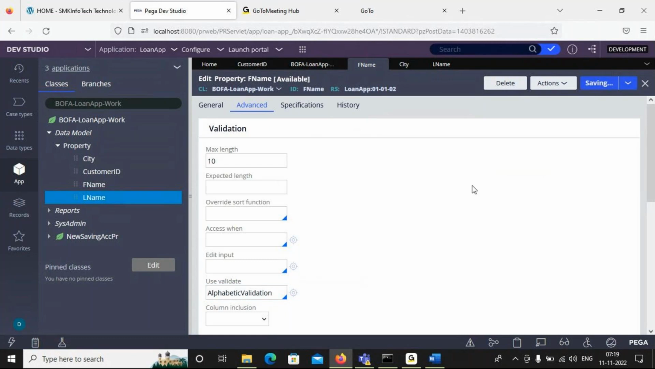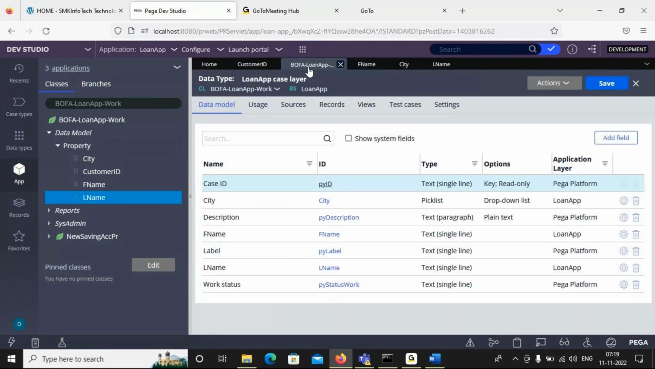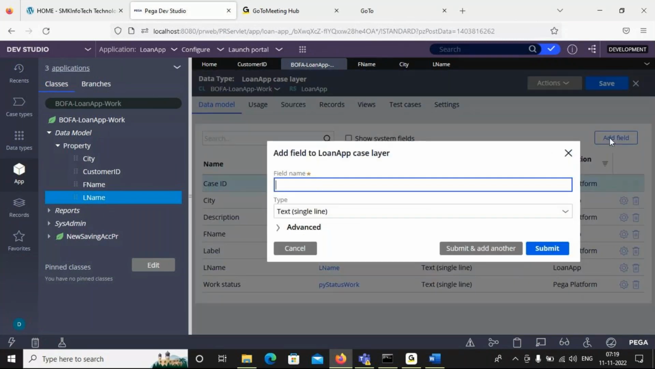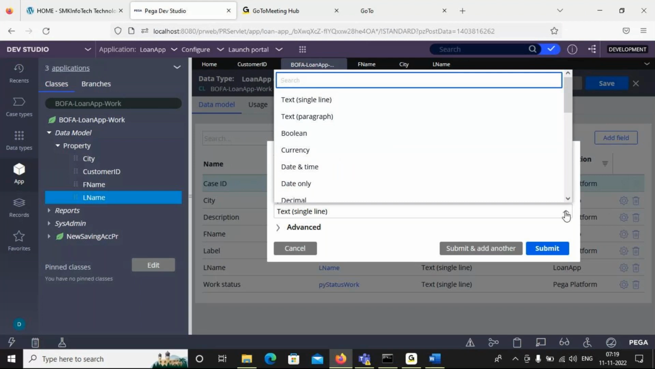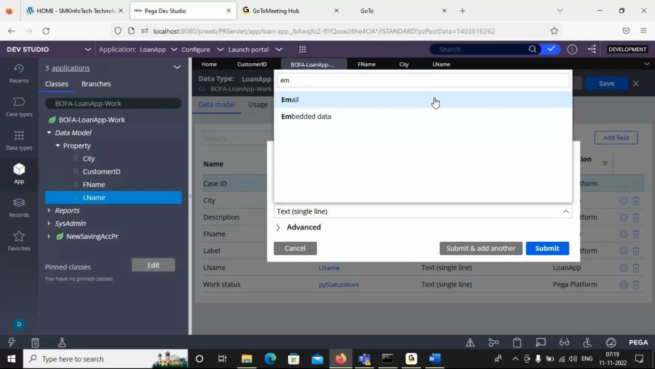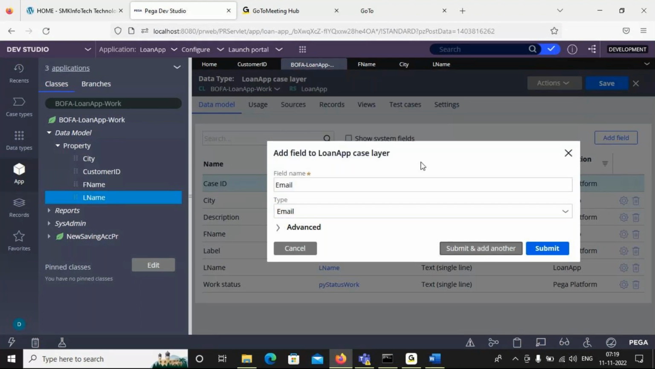Save it. I am adding a few more fields here: email, phone number, email ID. So we have an email type; no need to use text. Only email format we need to enter, so we need to give the validation. So email, and phone number, date of birth,